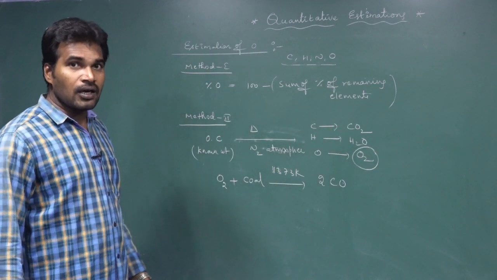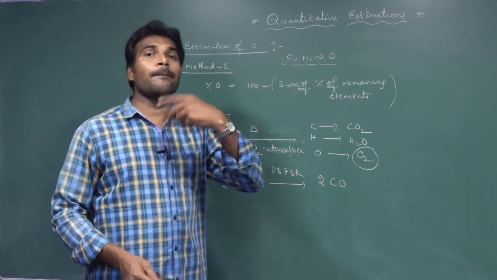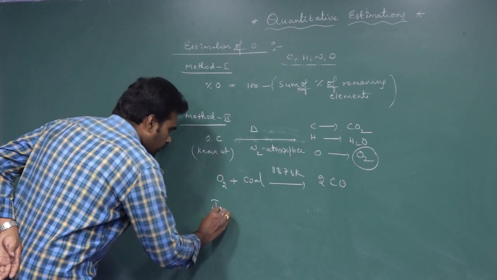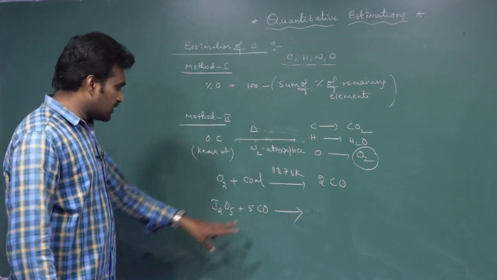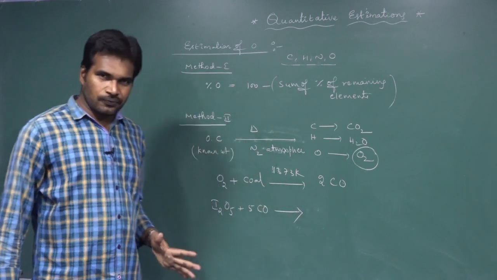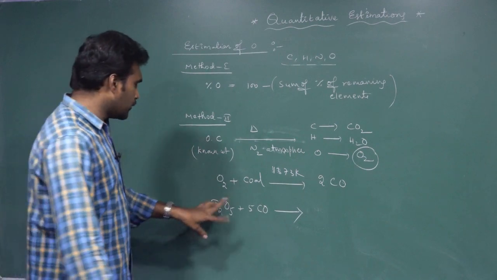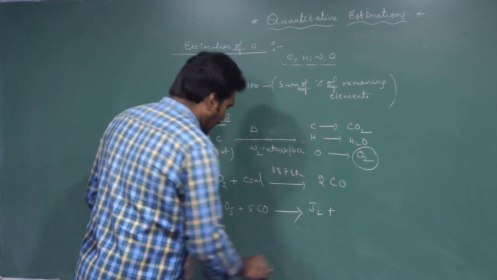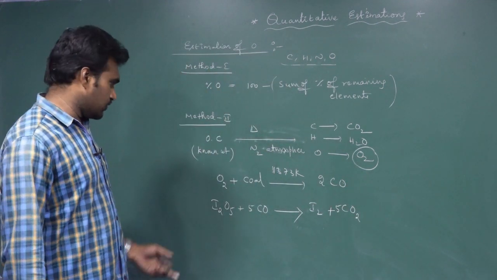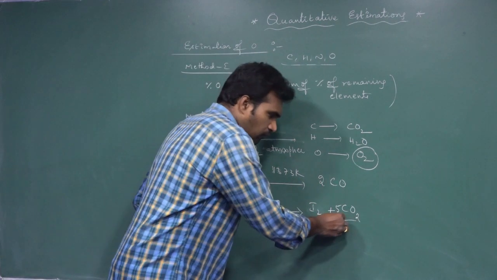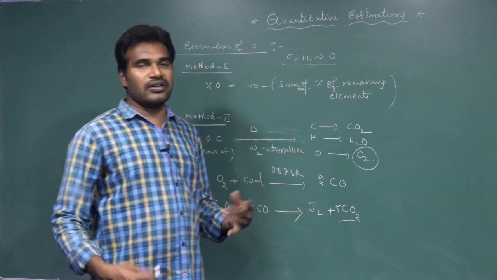carbon monoxide. Then we treat this carbon monoxide with iodine pentoxide. This carbon monoxide acts as a reducing agent. It reduces iodine pentoxide, I2O5, into iodine. And carbon monoxide is oxidized to carbon dioxide. So by using the weight of carbon dioxide produced or the weight of iodine produced, we can calculate the percentage